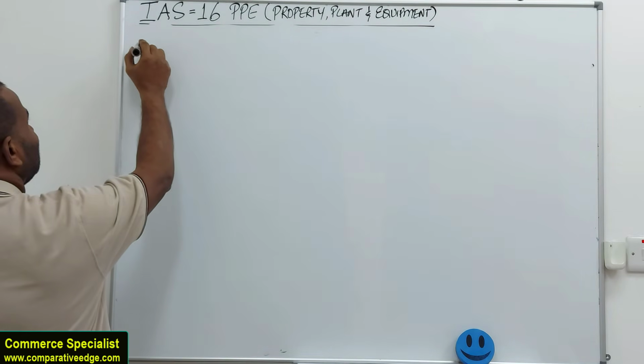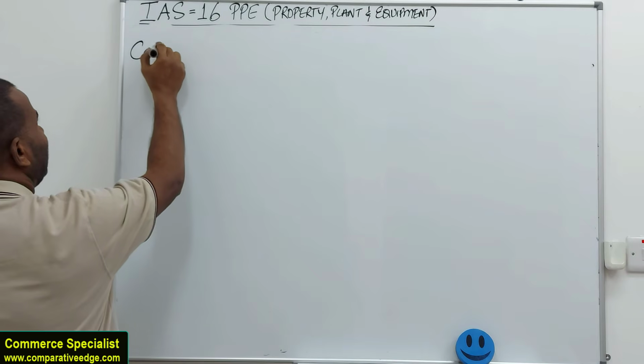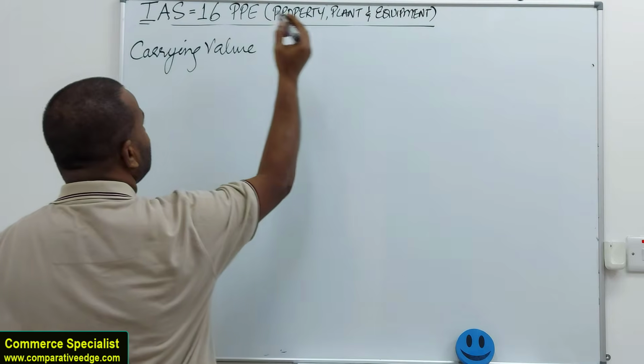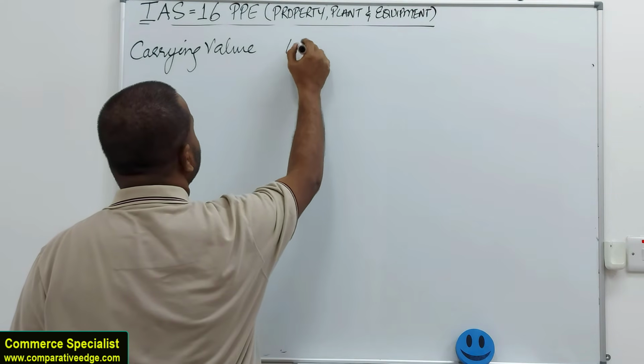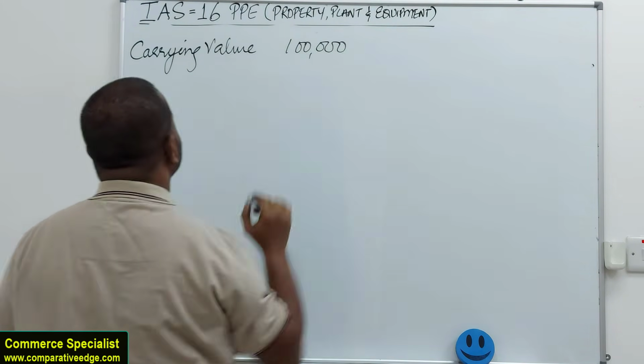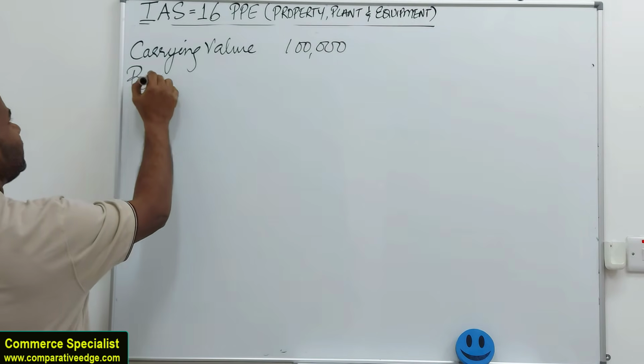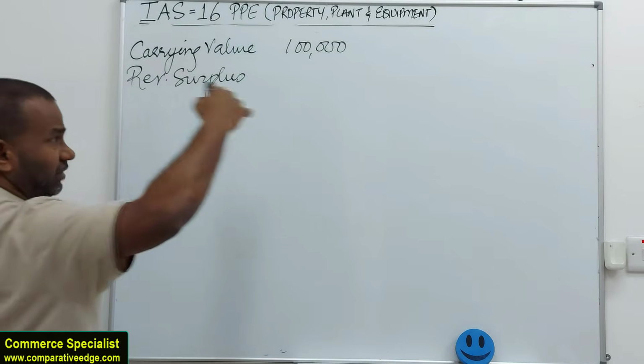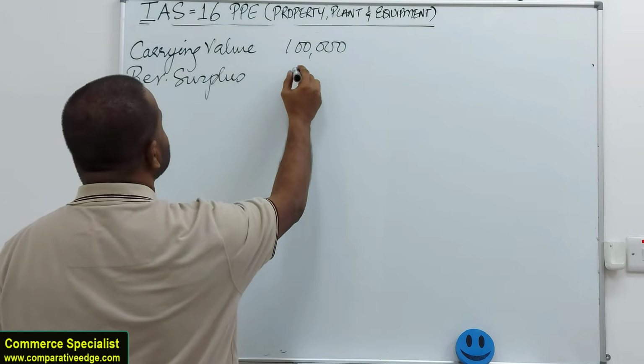Assuming the asset has a carrying value of, let's say, 100,000. There is a revaluation surplus on this asset which was revalued earlier, so it has a revaluation surplus of, let's